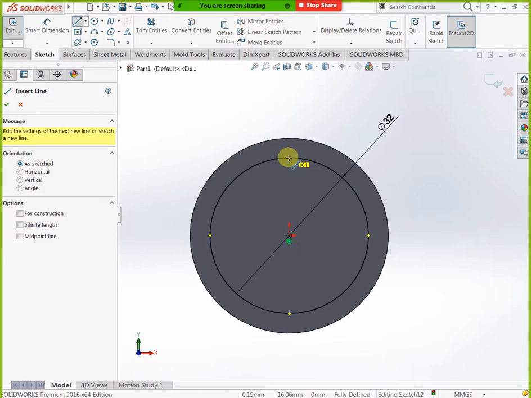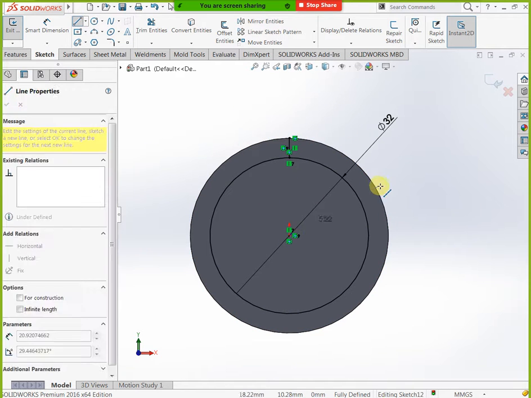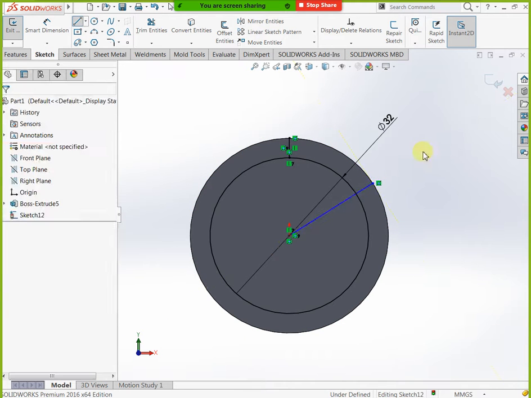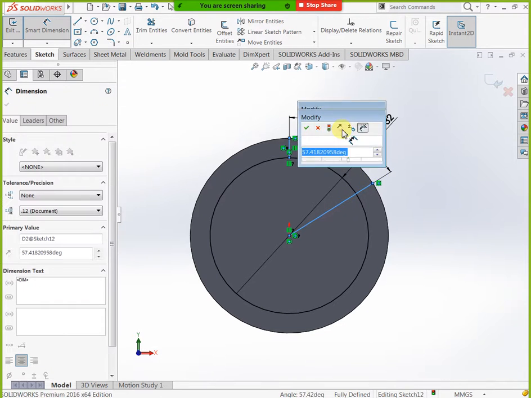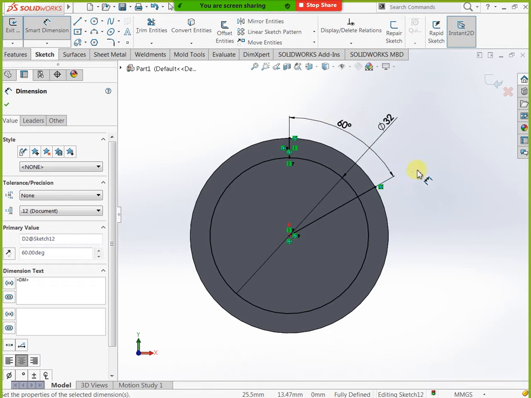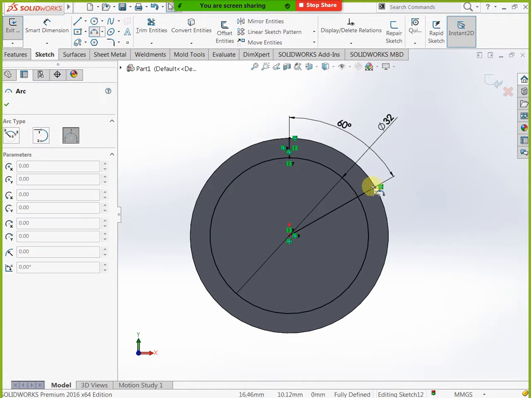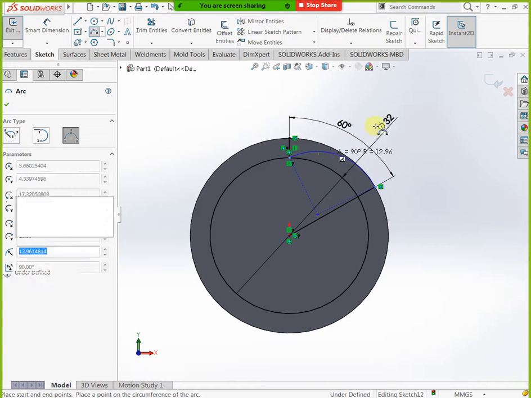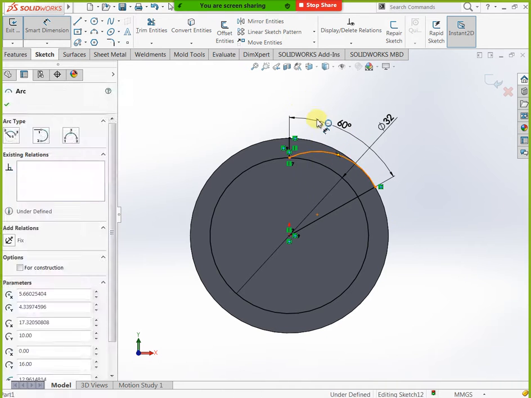Now you can mention dimension here. 23 is diameter or radius, you can check once. Radius 20. And this is our 23 radius. Now you can check, we have same.